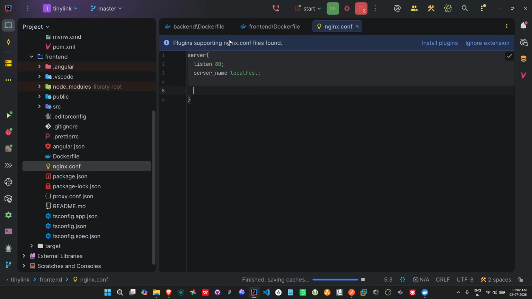Okay, and then let's keep the server name as localhost. Let's keep the root as /usr/share/nginx/html. This is the root, and then we will have the index file as index.html, so it will run it directly. Okay, let's have some location like this,